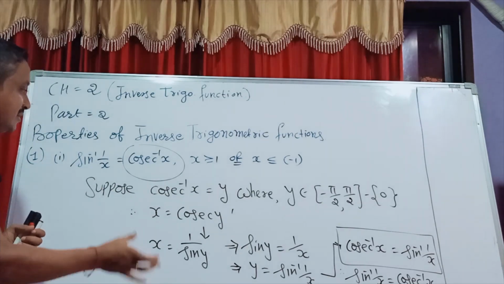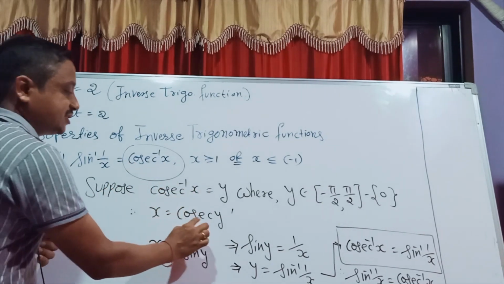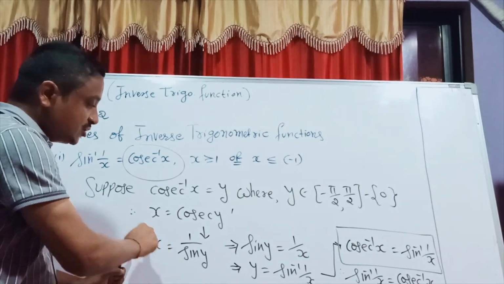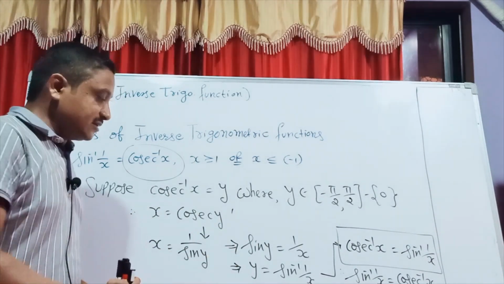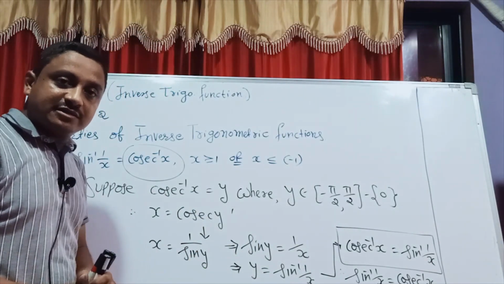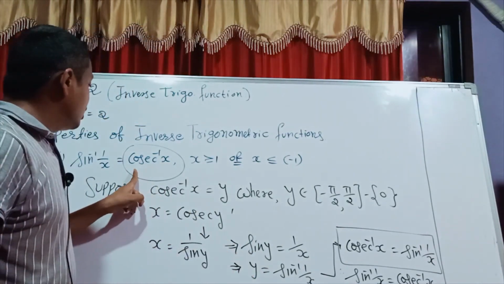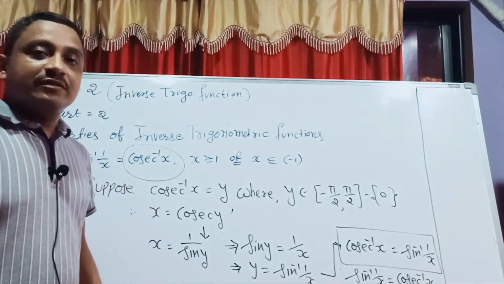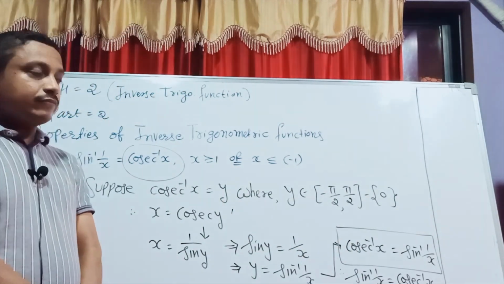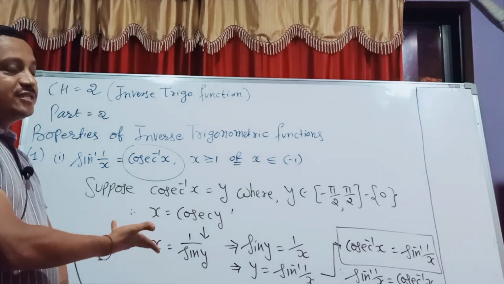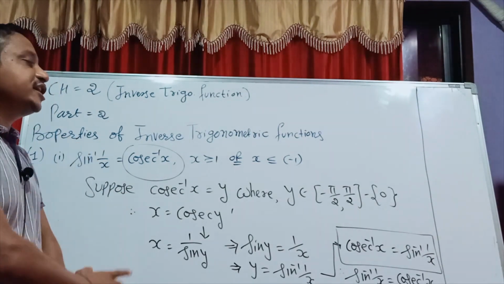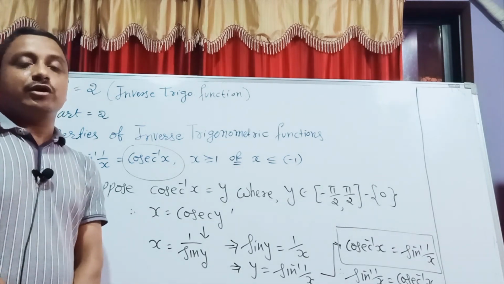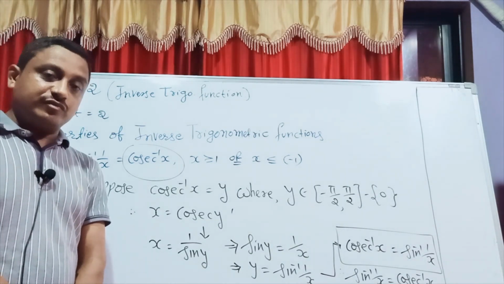It's very simple. Suppose y; x is equal to cosec y, the reciprocal of sine, that is 1 upon sine y. So what is sine y? 1 by x. So y is equal to sine inverse 1 by x. And finally this y value we already assumed, put it there, and happily done. Yes students, it's a very easy theorem. First one done. Now I go to the second part.